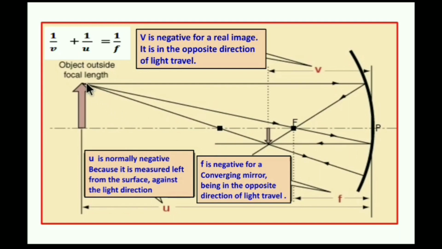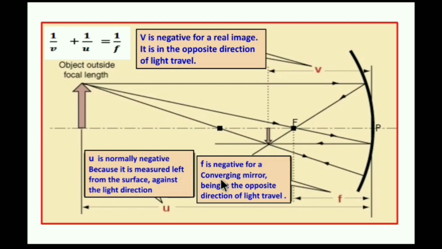Light rays passing through the center of curvature, after reflection, come back along the same path. If light rays are incident at the pole, the reflected rays reflect at the same angle as the angle of incidence. Some of these reflected rays intersect at a point, and at this point the image is formed.